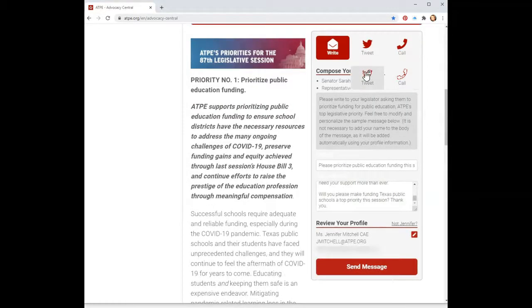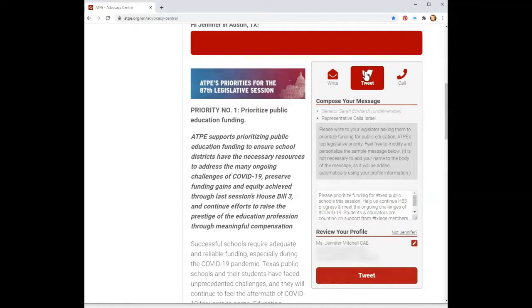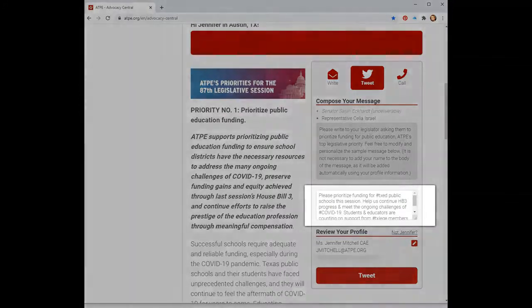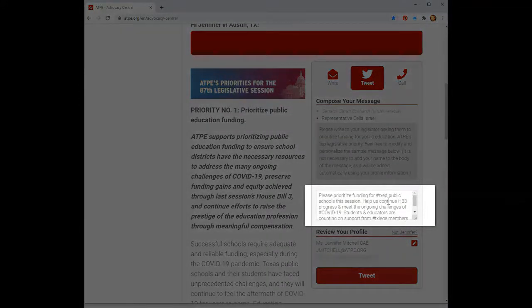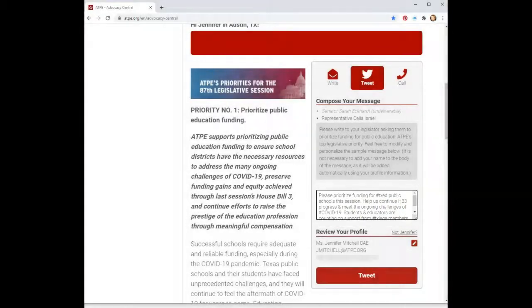For a tweet, Advocacy Central will automatically tag the elected official you are targeting if they are on Twitter. ATPE's sample tweets will include hashtags to make it more likely for your tweet to be noticed. You can modify the wording here, but we recommend using the sample tweets to ensure you won't exceed the character limit, including the legislator's Twitter handle that the system will add for you